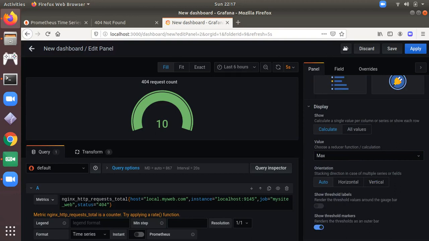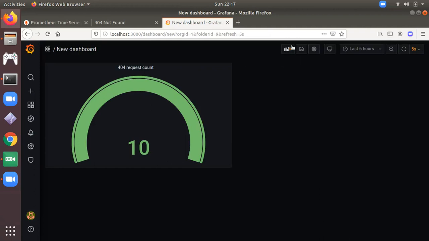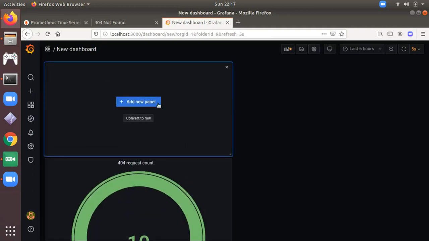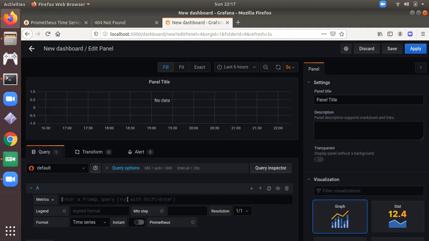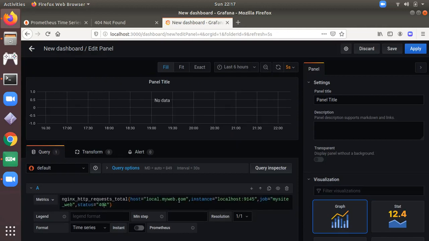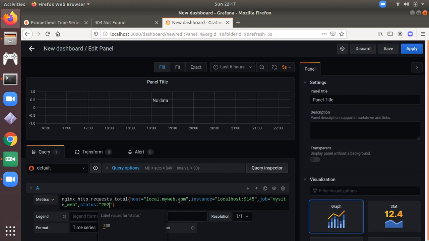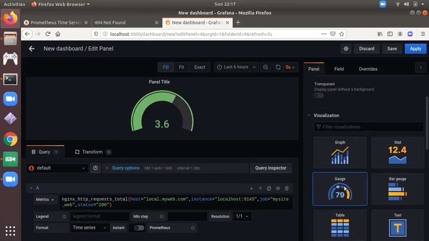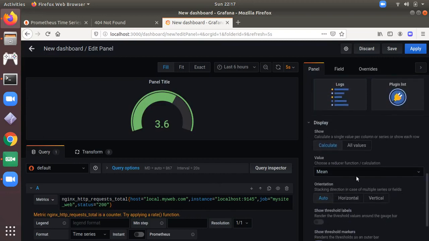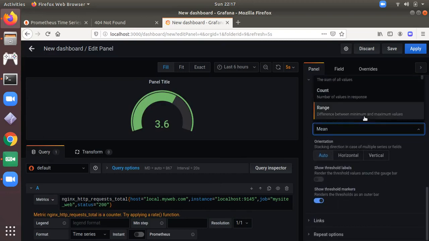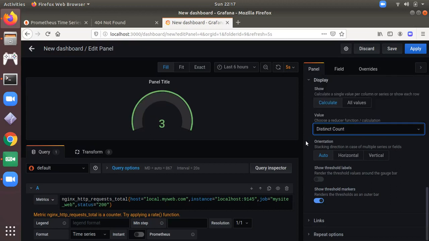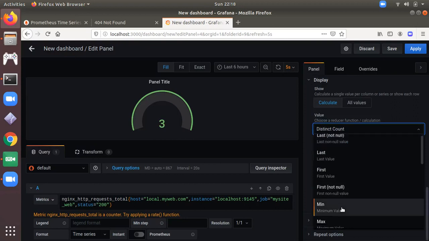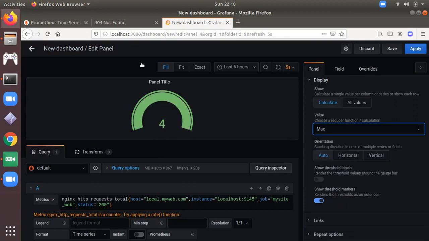and let me also create one panel for you. From here you can add more panels. If I want to monitor 200 page requests, I am again choosing this option, a distinct count, max count 4.